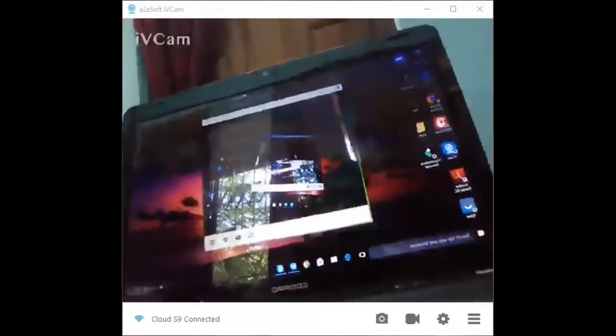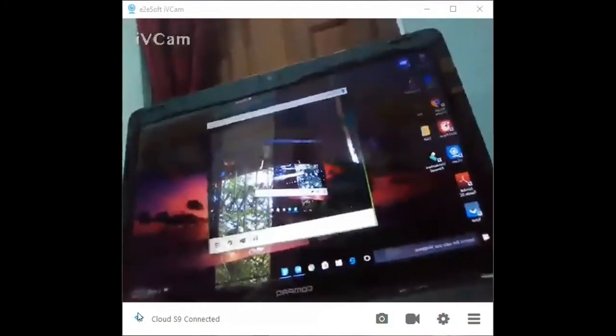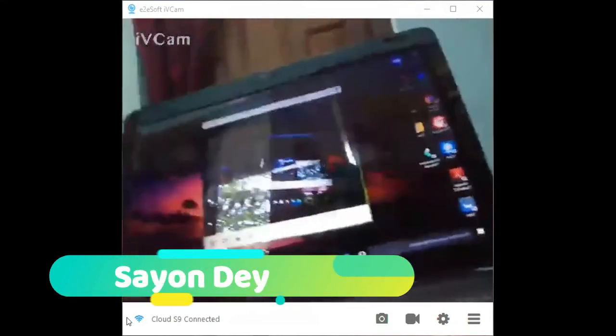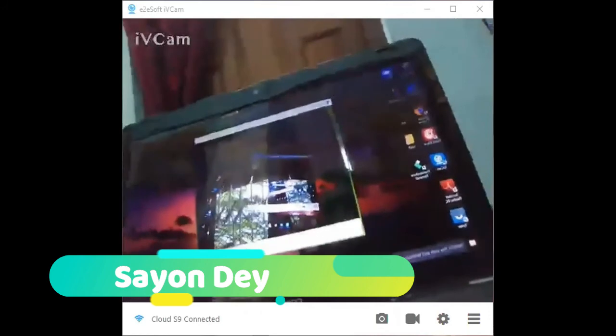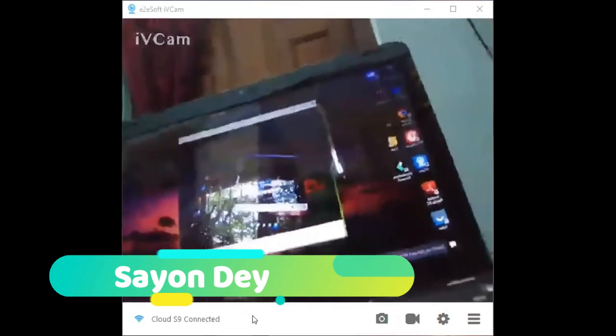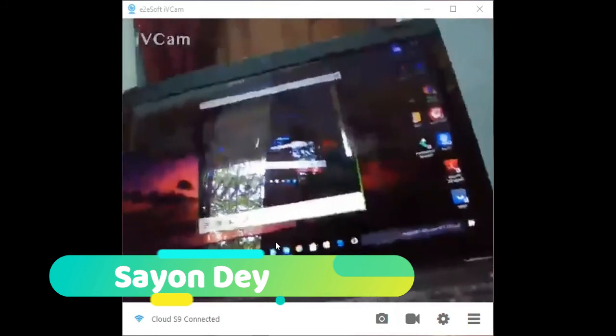Now I'm going to show you what message is showing on my laptop. Here in the lower side you can see the Cloud9 is connected and the Wi-Fi symbol is there. But in this process you may see a slight delay or lag, but nothing major. Okay, so there are the 2 methods to connect your mobile to your PC.